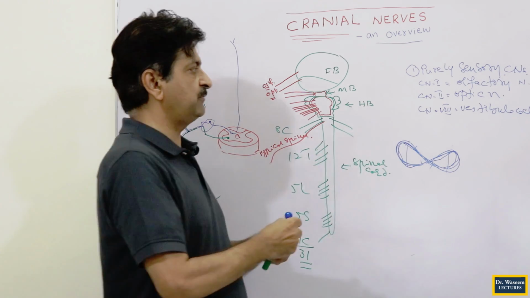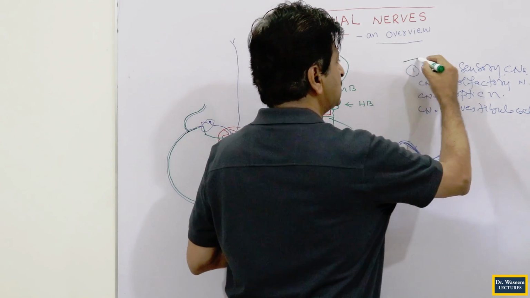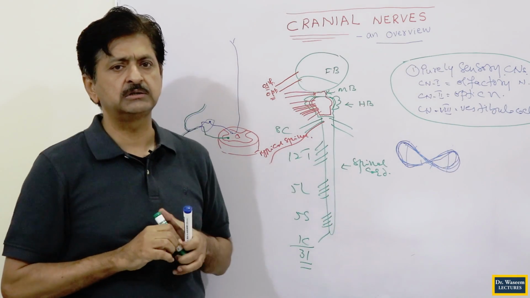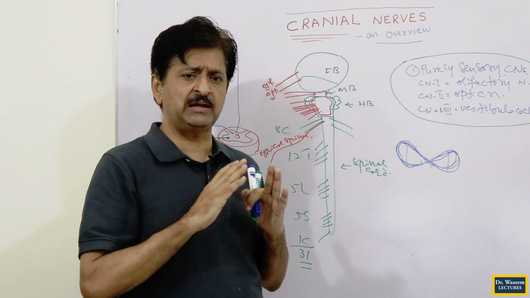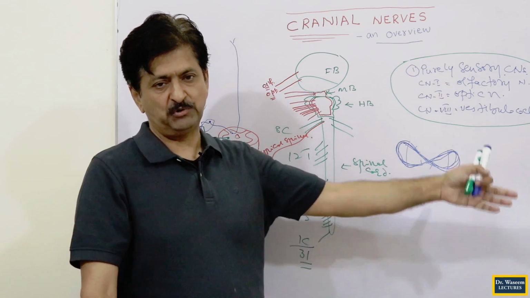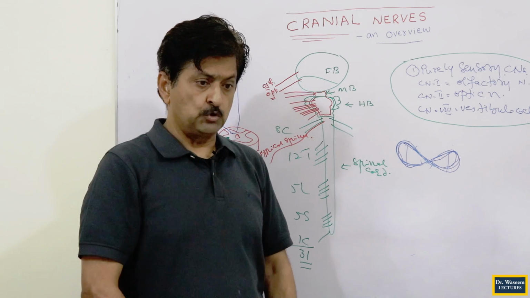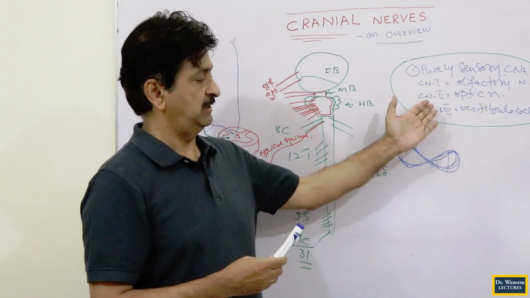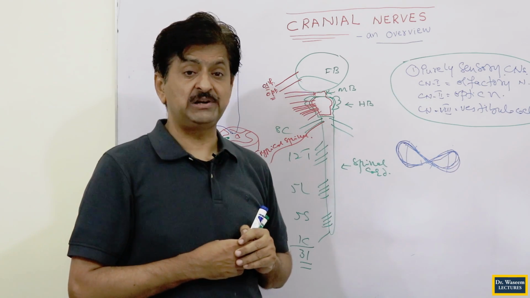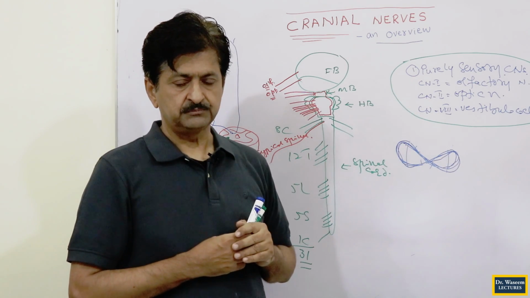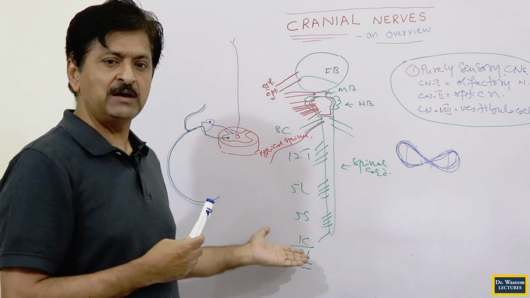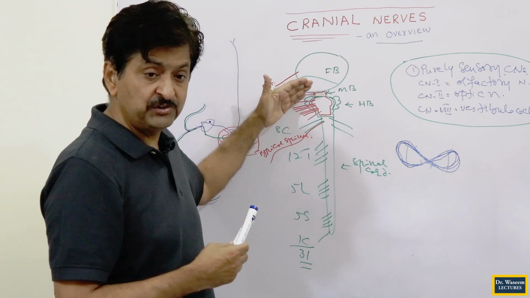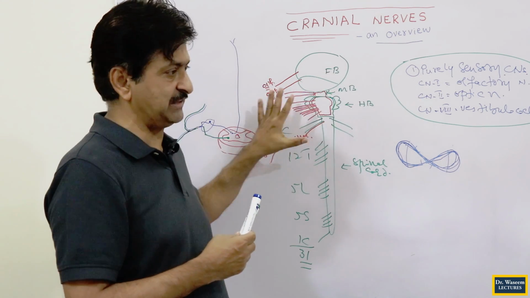Now, these are 3 nerves which are purely sensory nerves. In the entire universe you don't have any other nerve except these 3 which are purely sensory. You don't have a 4th nerve at all on the planet which is purely sensory. Your entire spinal nerves are not, because all are mixed. Among the 12 cranial nerves, we are discussing 3; the other 9 are not.